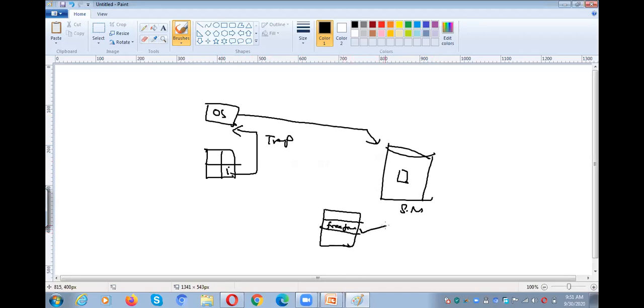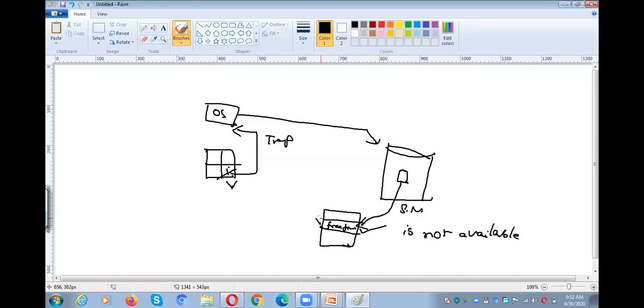If the free frame is available, then we can load this particular page into the free frame, and then we can update the invalid to valid. This is what happens when there is a page fault. If the free frame is available, well and good. We can load the page from secondary memory to a main memory free frame.